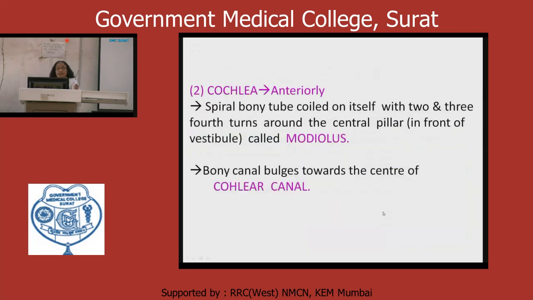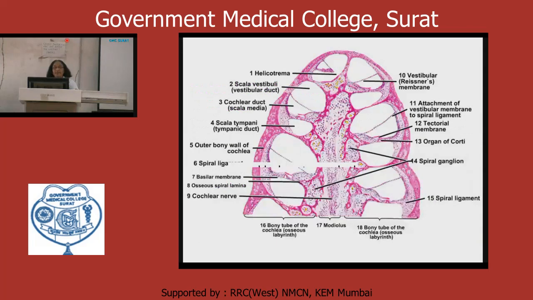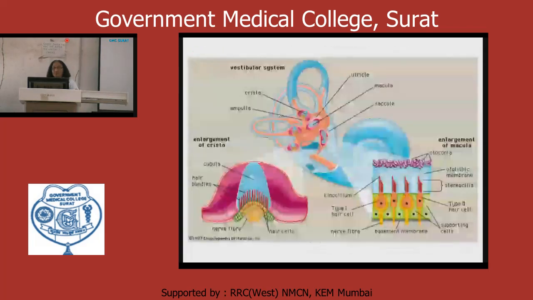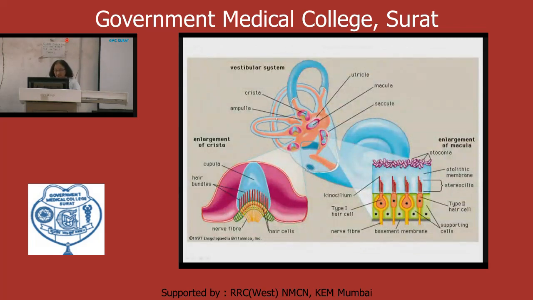Now the cochlea. We have discussed the first part; how many parts does the bony labyrinth have? Centrally the vestibule, anteriorly the cochlea, and posteriorly the semicircular canals. We have discussed the vestibule containing the otolith organs along with the macula. Now the second part of the bony labyrinth is the cochlea, anteriorly, as seen in the given diagram. So this is the vestibule, and here the cochlea and the semicircular canals, which we'll discuss later on.